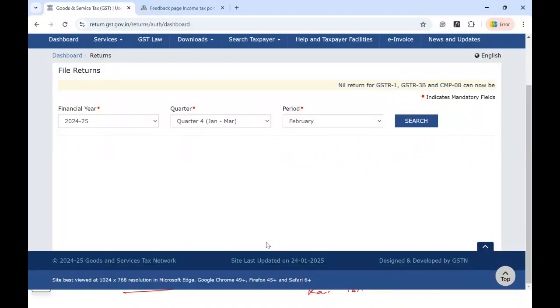But in any circumstance, do not consider that since my supply is nil, I'm not supposed to file any GST return for this particular period. No, the answer is no. You should file your GST return, whether it is nil or with data. You are supposed to furnish your GST return. It is mandatory for all,